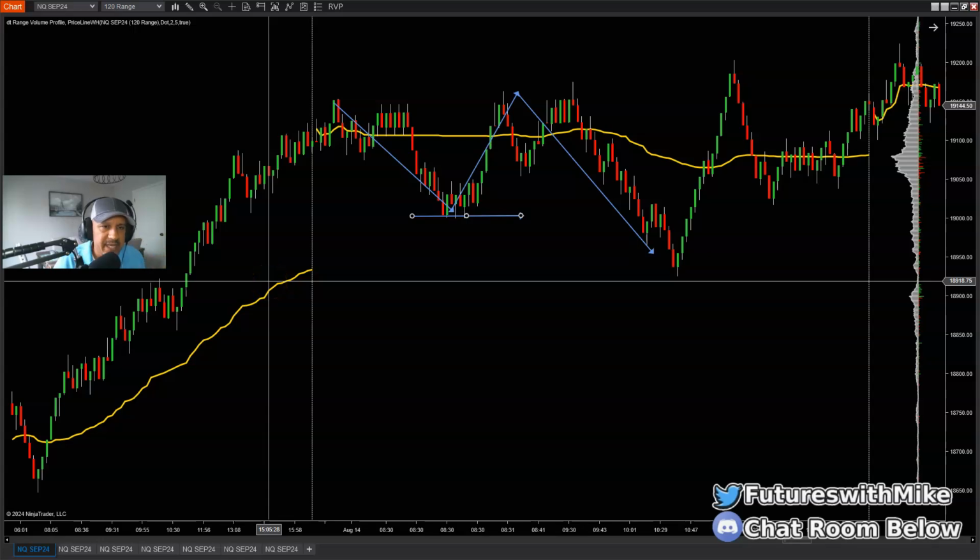So hopefully that makes sense, and hopefully that helps you identify structural breaks, whether they're clean or clear versus ones that aren't really clean and clear, okay? But hopefully that helps you out to be able to determine those, and it helps you out, just not that, but the formation of structure in itself when it comes to those,